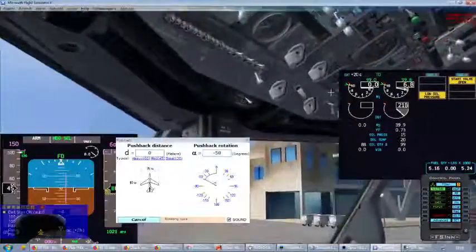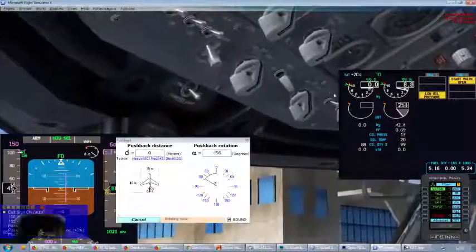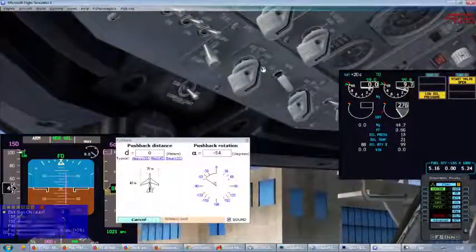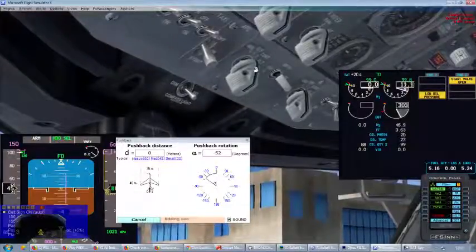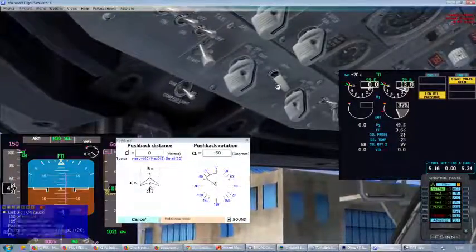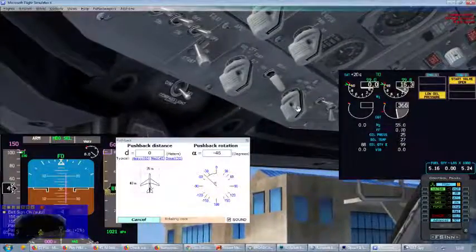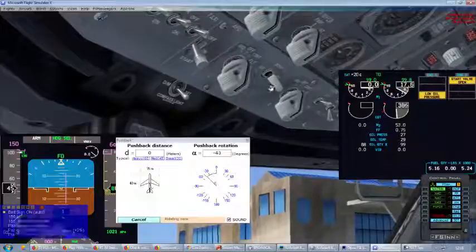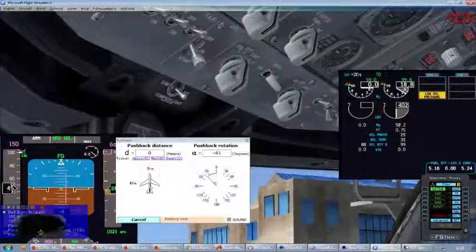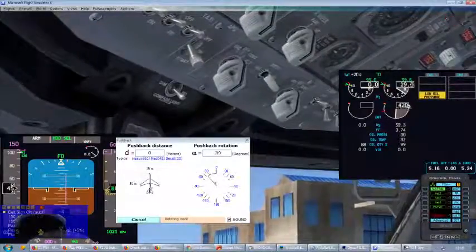Waiting for the engine starter to get disconnected. Then starting engine number 2, engine number 1, sorry. We are disconnected and waiting for the engine to stabilize,